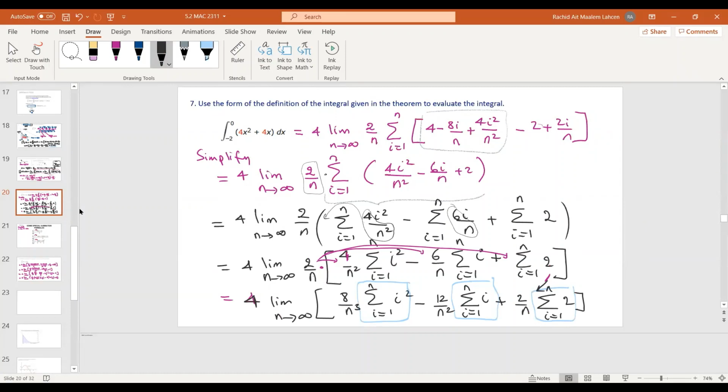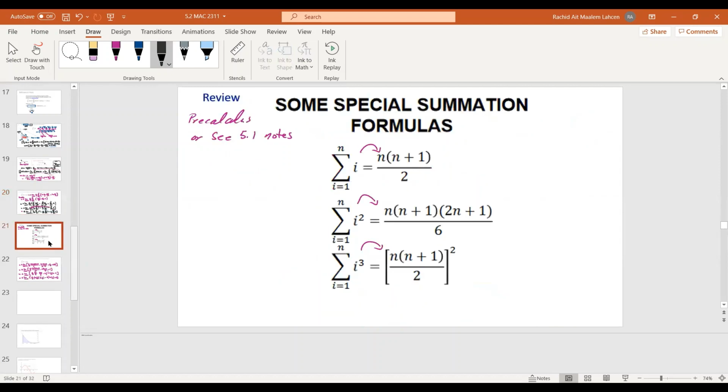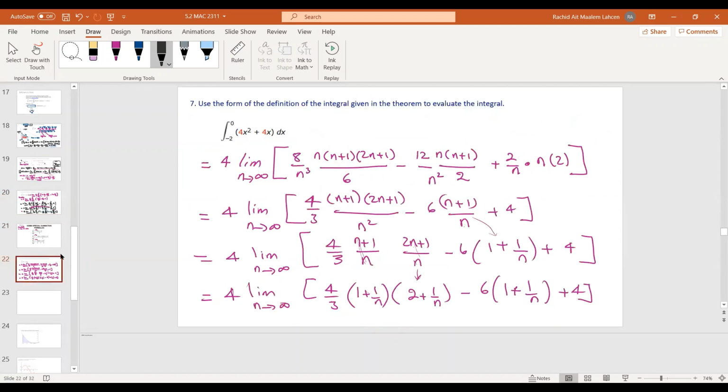Then we tried to simplify until we got to these sums. Once we have these sums, we transitioned from the sum to non-sum formulas using some of what we know. So here we moved to a non-summation form,